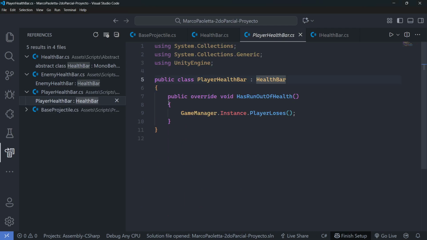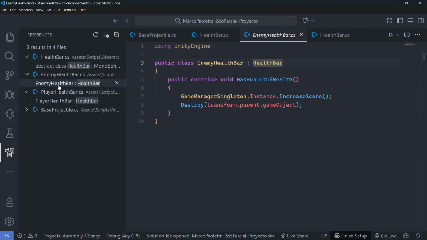So you can start to see, I know this is a pretty complex video, because we have seen inheritance, abstract classes, abstract functions, and now interfaces. But this is something that will really allow you to create better games, better architecture, more modular games. Because now if I want to add another object that has to die and something has to happen when it has run out of health, I just create an empty class, I make it inherit health bar,